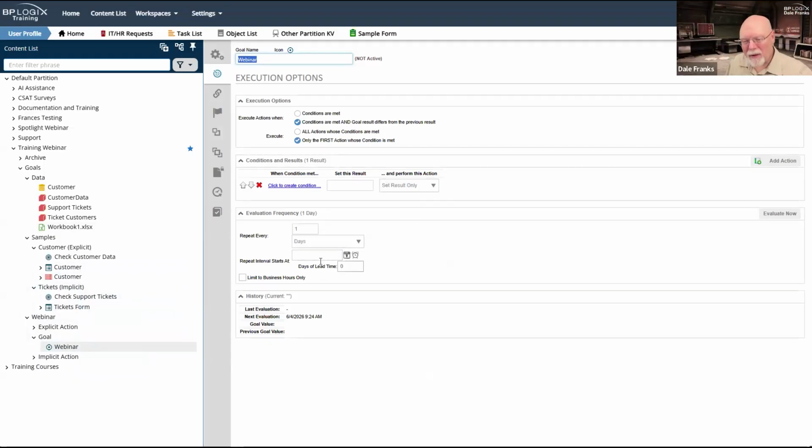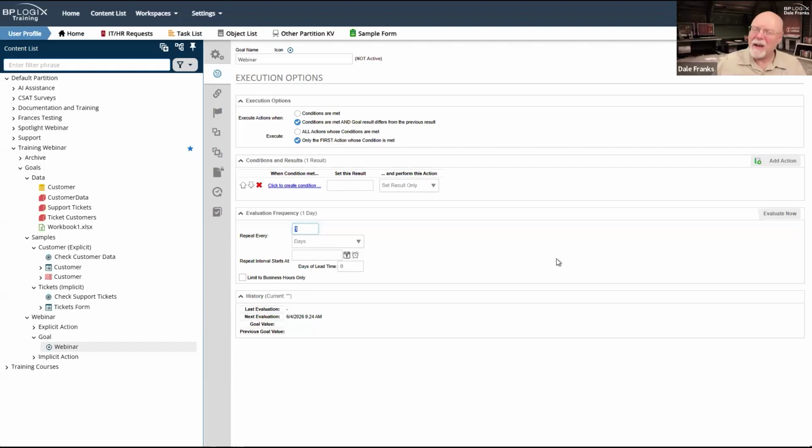So let's talk about what real time means in Process Director, because that's important for us to discuss the next area of the goal, which is our evaluation frequency. By default, it wants to run the goal every day. That is probably good, especially if you have processes that you want to occur overnight. It's great to have a goal run at nighttime so that you can do especially expensive processes in terms of system resources, one time a day at night.